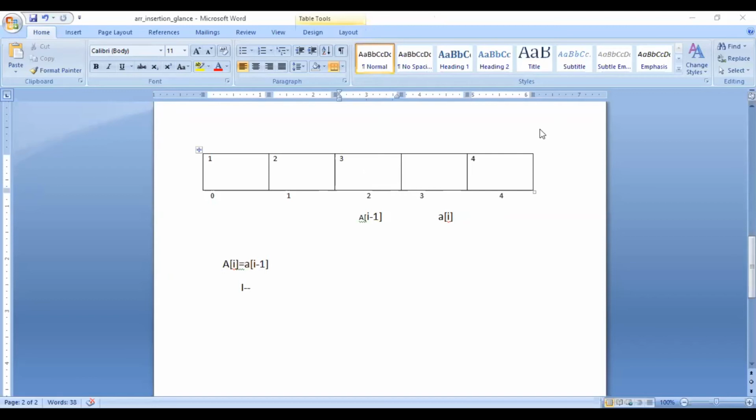At which position? Okay, Jaydeep, it's A of 2. A of 2 will be transferred to A of 3, or we can say this 3 will be transferred to the next location.